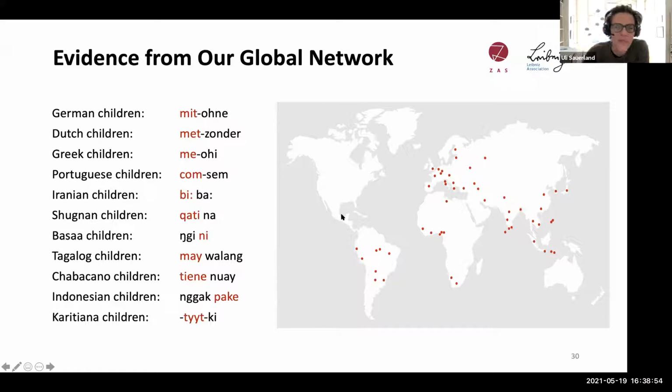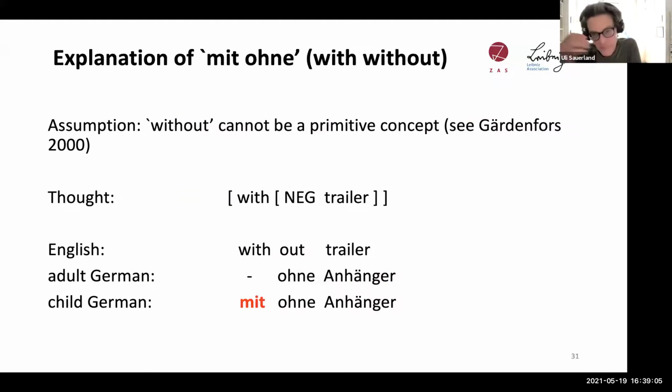So not just Indo-European languages, but a few others as well. And this is something we're currently investigating further. Okay, so this then suggests that somehow "without"